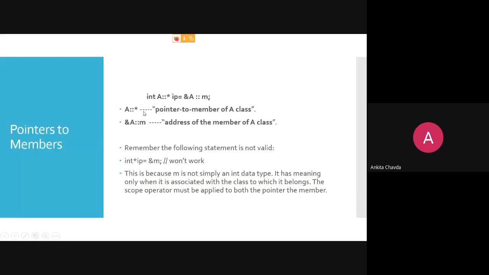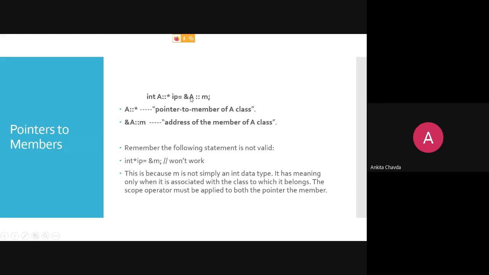Fine. So here, whatsoever I have written, that is this A scope resolution operator and pointer, what does this indicate? This is a pointer to whom? A member of A class. This M is nothing but what? It's a member of your class A. So what I've written is a pointer to a member of A class.